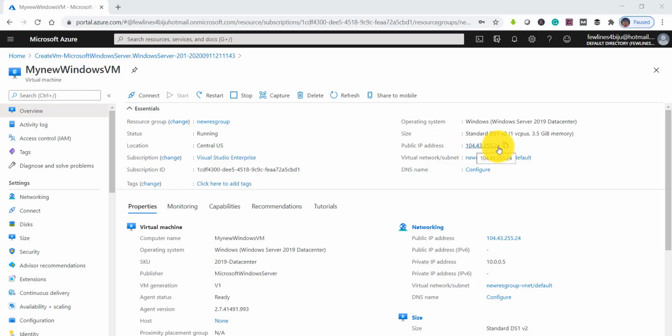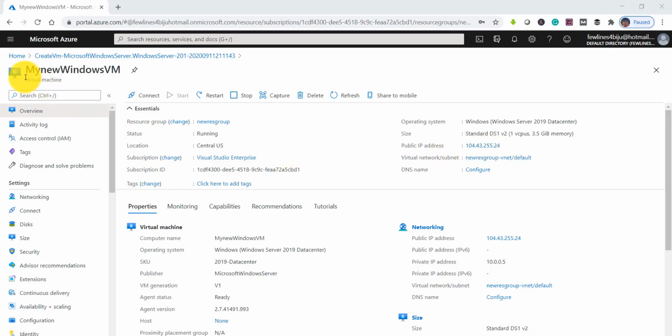Through this IP address, you can connect to this Azure virtual machine. You can take an RDP for this virtual machine with this public IP address. Remember this is a dynamic one. If you want to change it to static, you can do it by clicking here.